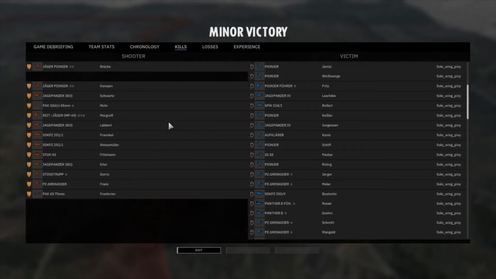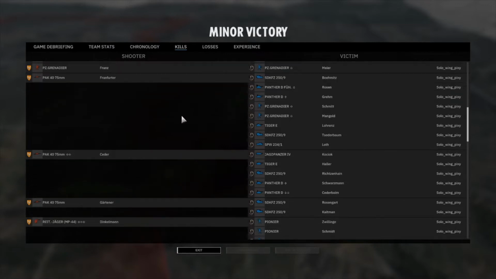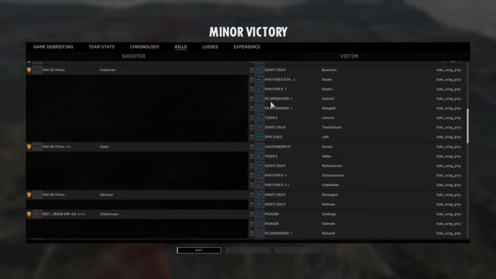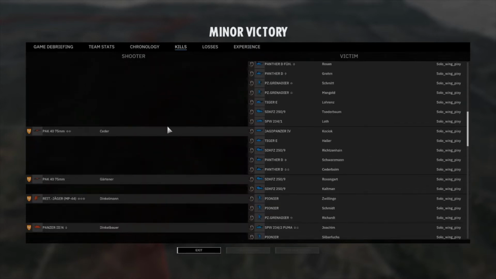So let's have a look at the kills on his side. That Pack 40 there doing a tremendous job, taking out 2 Panther Ds and a Tiger E. Excellent work. And the second Pack 40 taking out the Jagdpanzer 4, a Tiger E and 2 Panther Ds. I think the artillery fire on the side of Solo Wing Pixy was lacking until the very end, so those Pack 40s, once they got in position, weren't countered immediately by artillery fire,